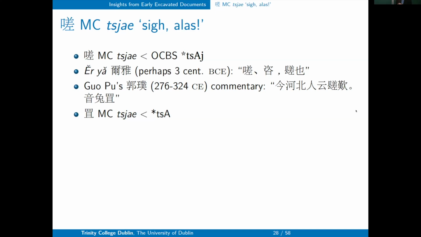Its Middle Chinese is also 在, and from the phonetic 且, we should reconstruct it as za in Old Chinese. However, in Guo Pu's time, it's quite late. So at that time, the Old Chinese I and R had merged. So we cannot know whether the Old Chinese reconstruction of this word should be I or R. And we need to find more evidence for it.